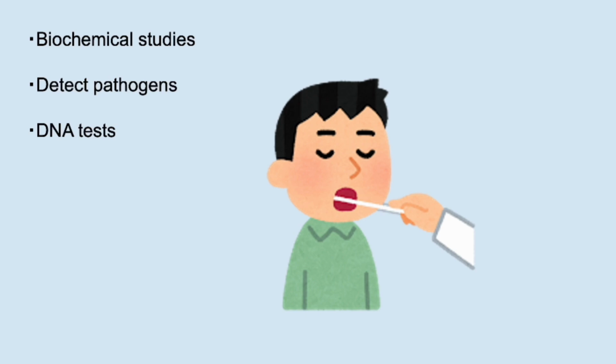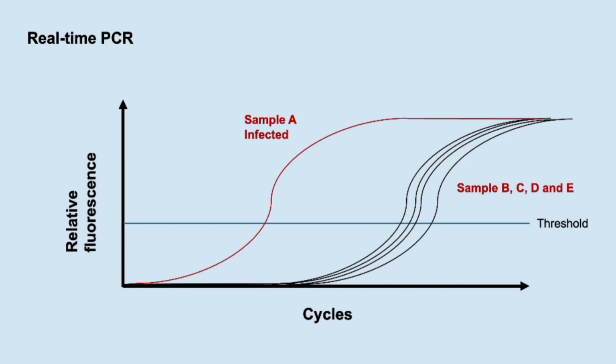Let us delve deeper into how PCR has been used in diagnosing COVID-19, the virus that caused a global pandemic in 2019. For diagnosing COVID-19 infections, a technique known as real-time PCR is employed. Since COVID-19 is caused by an RNA virus, the process first involves reverse transcription to convert RNA into complementary DNA, cDNA, followed by PCR. However, for simplicity, this step will be omitted here.